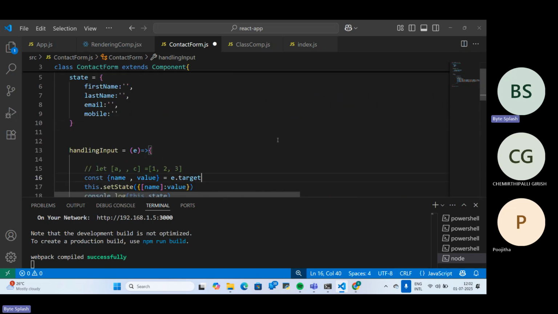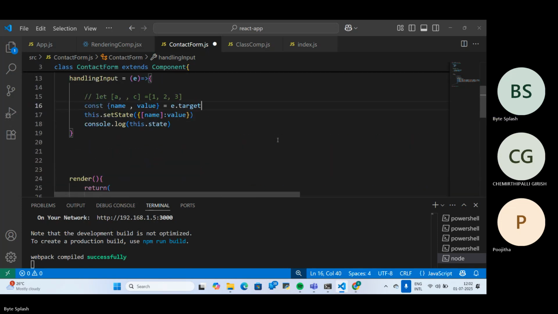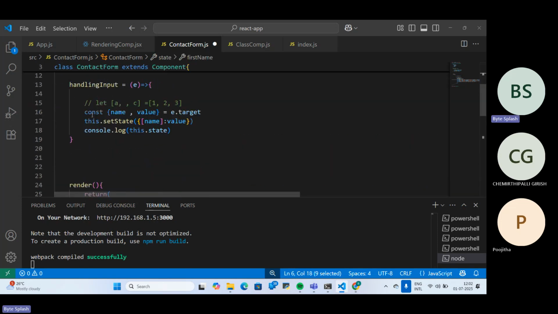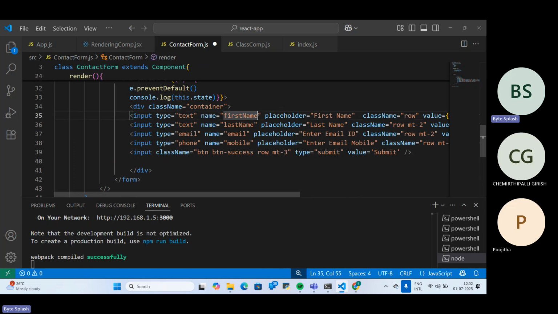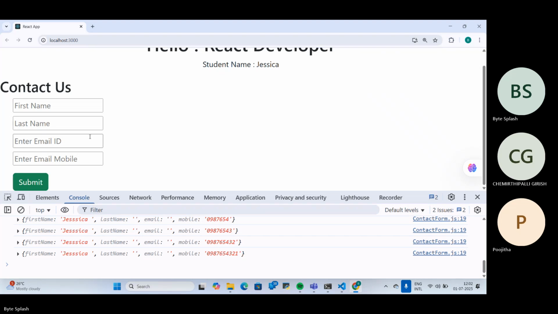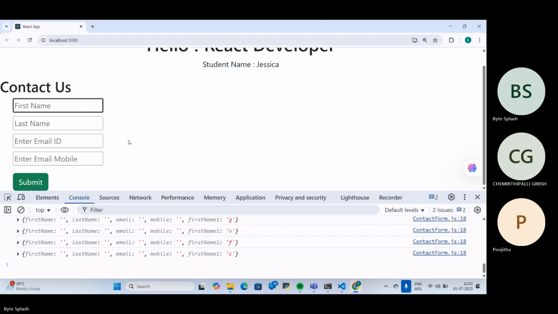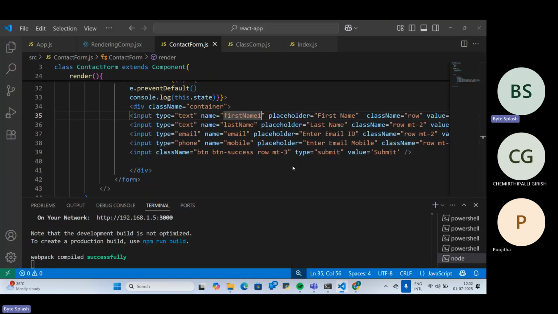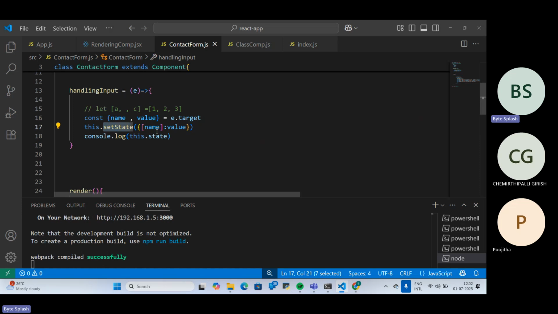Just remember, there is no first name for this particular name attribute. So I'm just passing name one here. Then see what it will do. It's going to create a new key. Why? Because it is looking in set state for this particular key. If it is available, it is going to update it. If it is not available, if you mention this particular key name, it is going to add